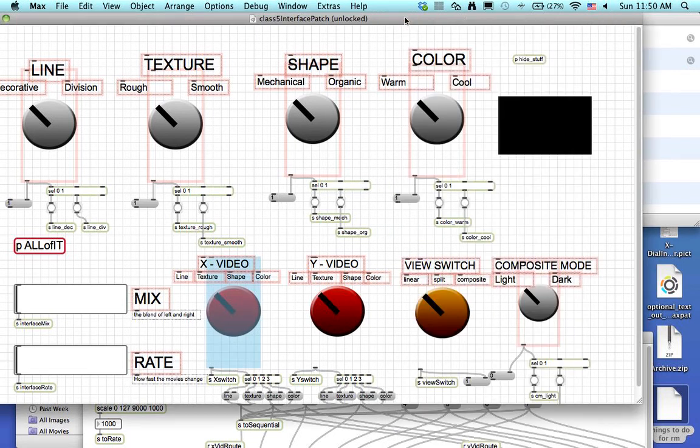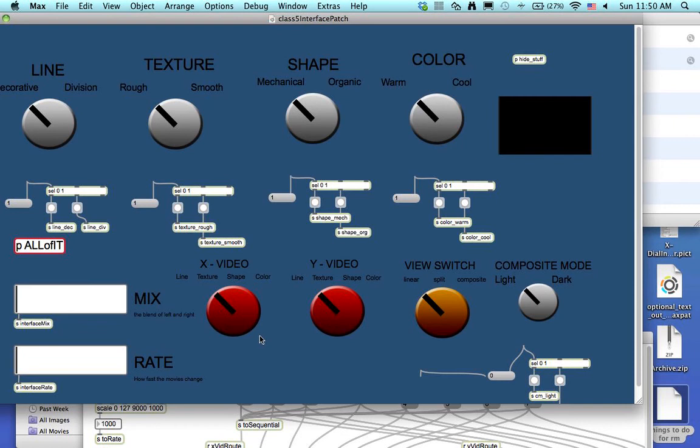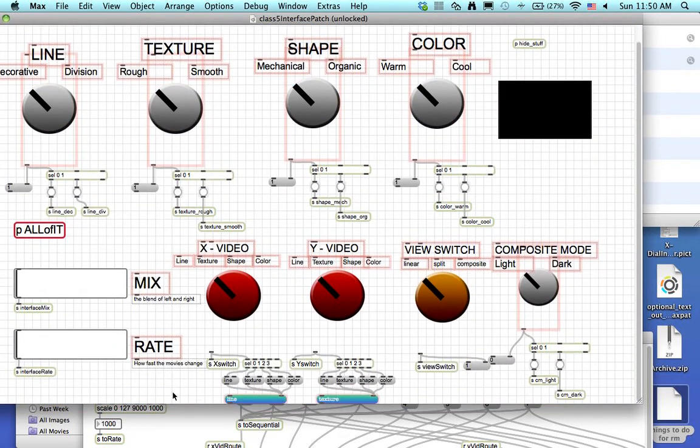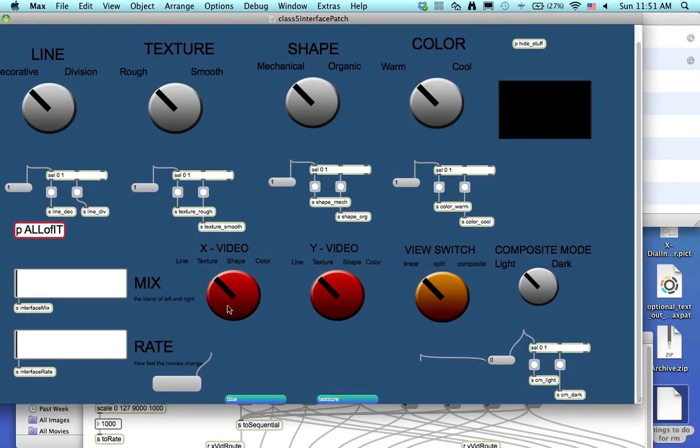Now your patch should be sending out numbers. The way you check this is to take the output of this, put it into a message box, that right outlet like we did before a couple classes ago, and you just want to check and make sure that, okay, it should be